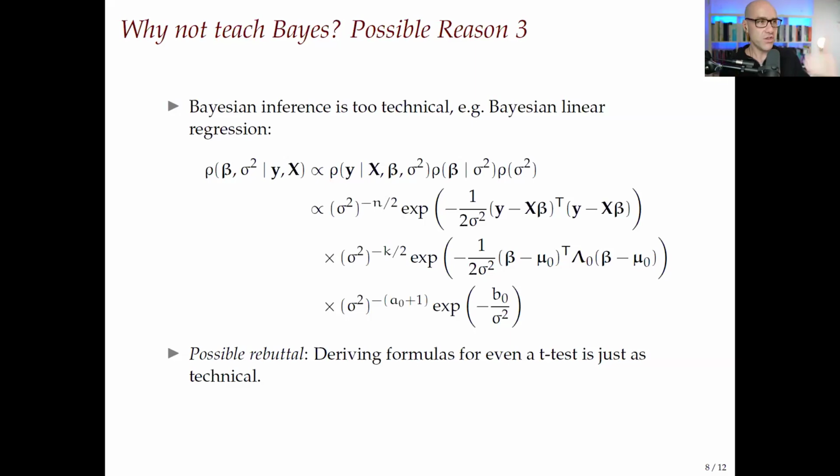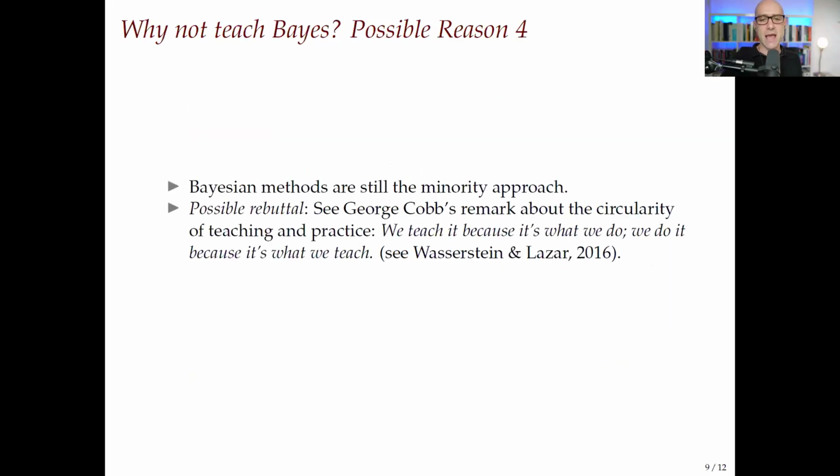or rather, you can have this level of technical difficulty in frequentist methods as well. Deriving the formulas, for example, for something as simple as a t-test can look as hairy as this. So we don't generally do that. We don't generally expose students in all these different contexts to all these technical details, and so you don't have to do it in a Bayesian way either. So there's nothing more or less technical, I think, about Bayesian methods.